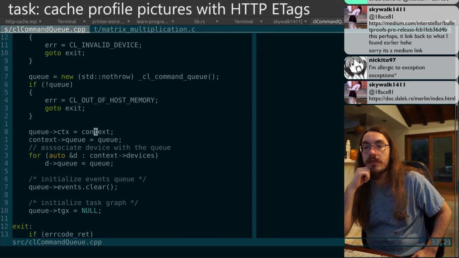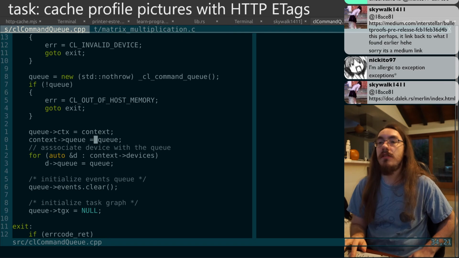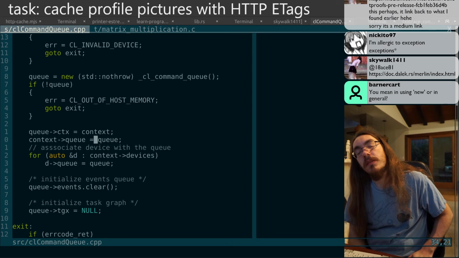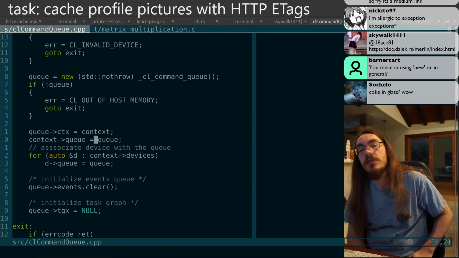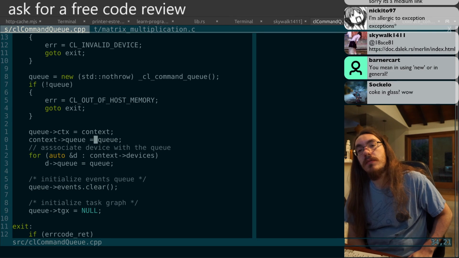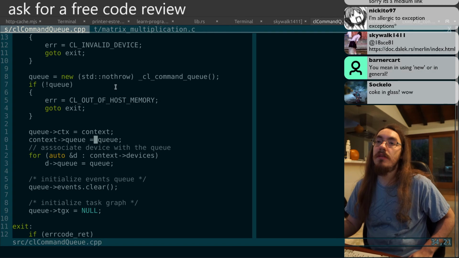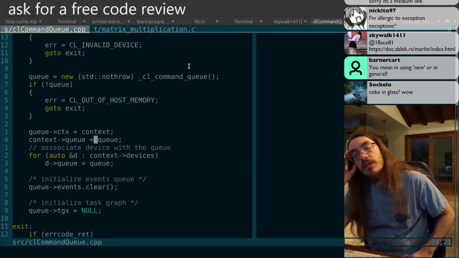So Q context. Shouldn't we fail if there's already a Q for the context? Because it seems like a context can have only one Q, and all the devices can only have one Q. So I think you should fail if you create more than one Q for a context. No, not just in using new. That's the only case I've seen so far where you don't use exceptions. But